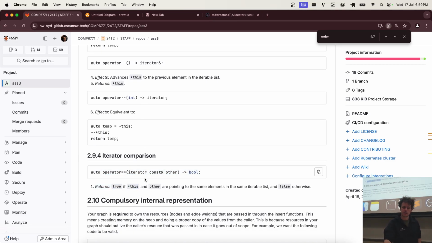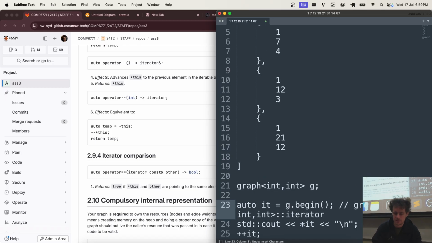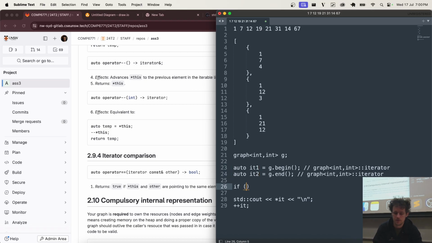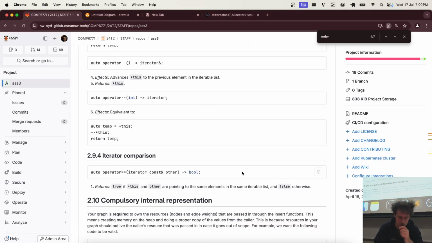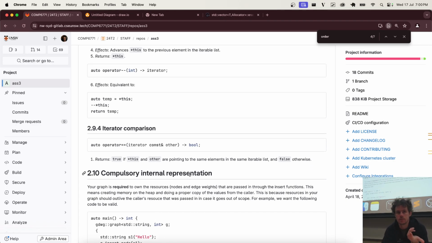We also have iterator comparison. You need to be able to get 2 iterators and compare them. So if I've got my graph there, and I've got a g.begin and a g.end, I should be able to compare if iterator 1 equals iterator 2, like that. It's pretty easy. Yeah, that's actually pretty trivial to do because each iterator just stores